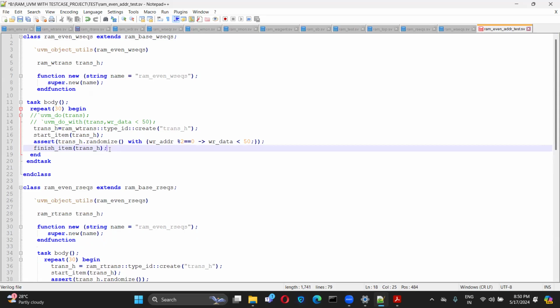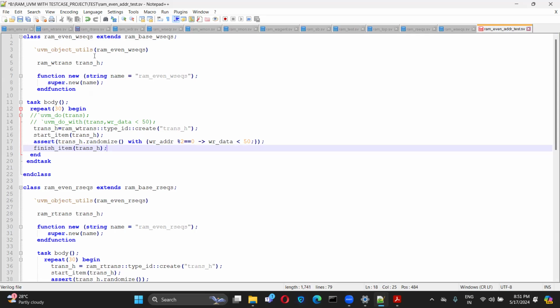Because these UVM TLM codes and all, it is not something to understand also, right? It is just the names which they have given. They have something like UVM TLM 54. That's for the 54 which we have to use. So just get familiar with the different codes we have to use, what are the macros we are using now, like this UVM object utils. These all things you have to remember. There is no other option. You just have to remember, this is an object utils, this is a macro, and component utils. The more projects you work, the more times you write the code, you will be habituated to it.